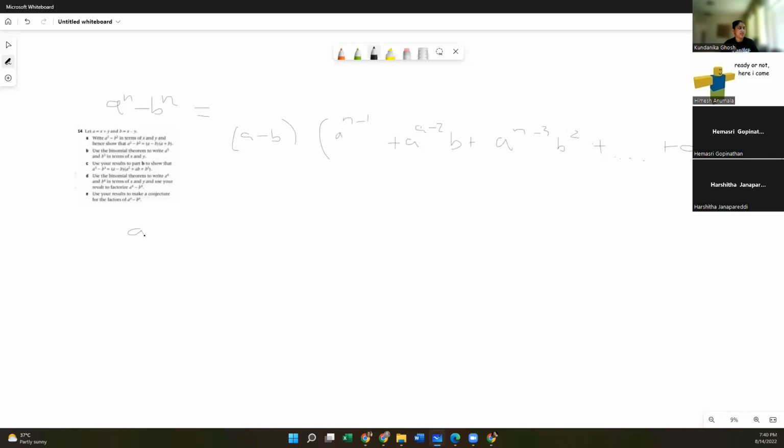all the examples that we have. So A squared minus B squared equals A minus B. And this is the easiest way to form a conjecture, because all a conjecture is, is a pattern that you observe that can be held true for every instance. Okay? So then A cubed minus B cubed.